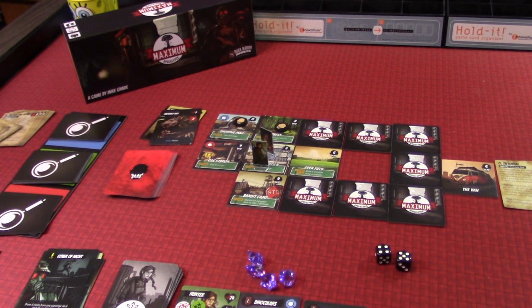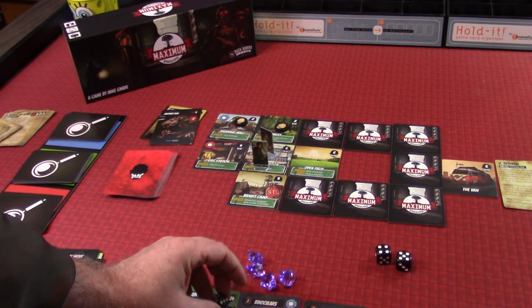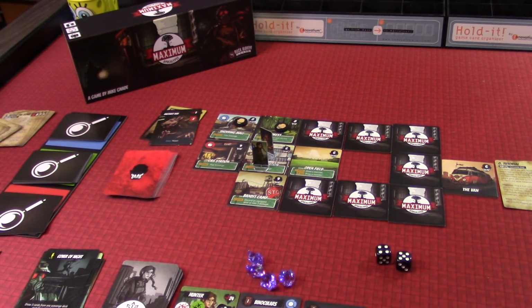Now, for the first time, we did not use our survival instinct, so she's going to go up to 3 hunger, and then we're going to take damage, but we don't have to worry about that. We don't have any damage to take. Now we're going to move back to our